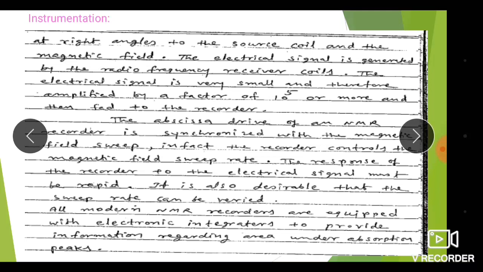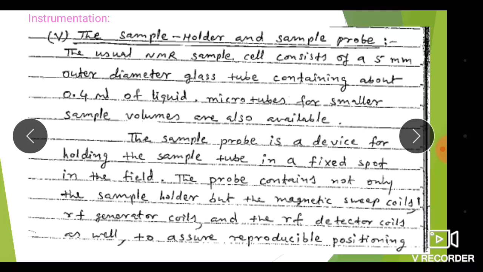All modern NMR recorders are equipped with electronic integrators to provide information regarding the area under the absorption peak. So with the help of the recorder, with the abscissa, we can record the spectrum with the varying frequency as well as the varying